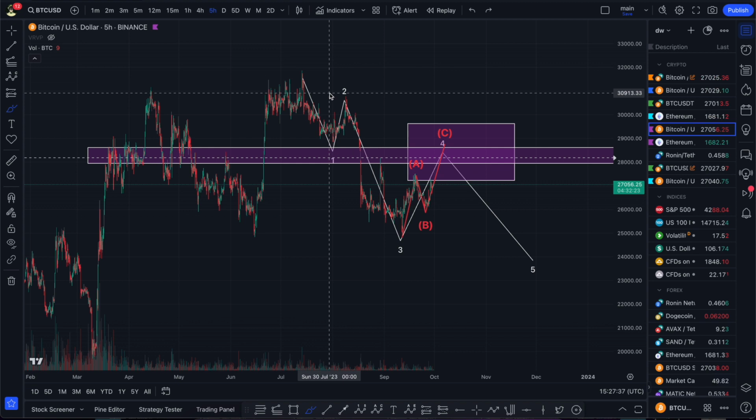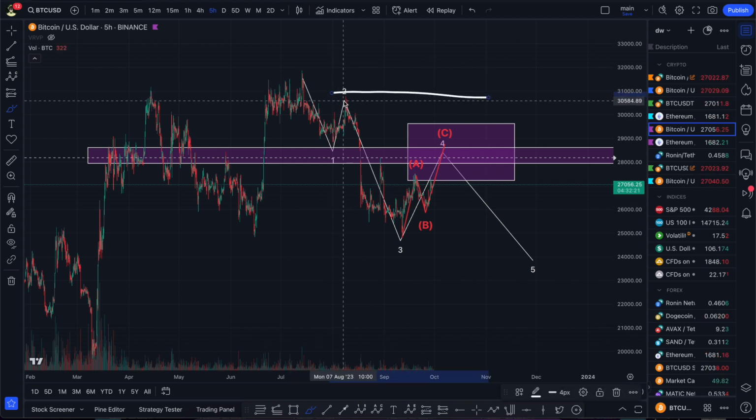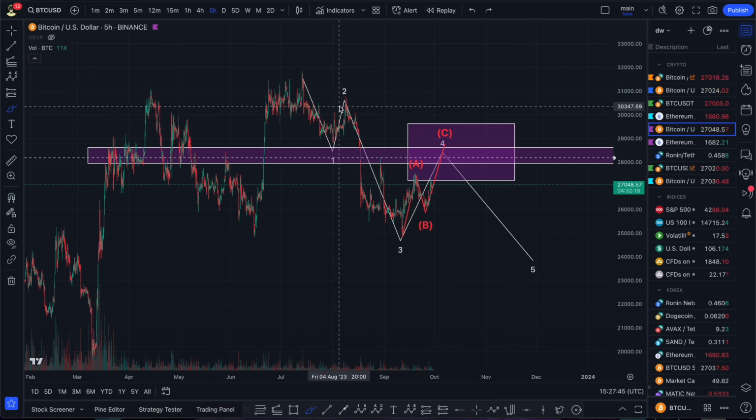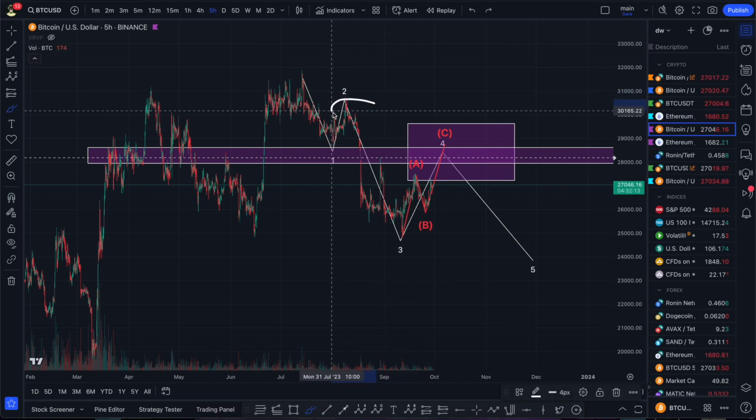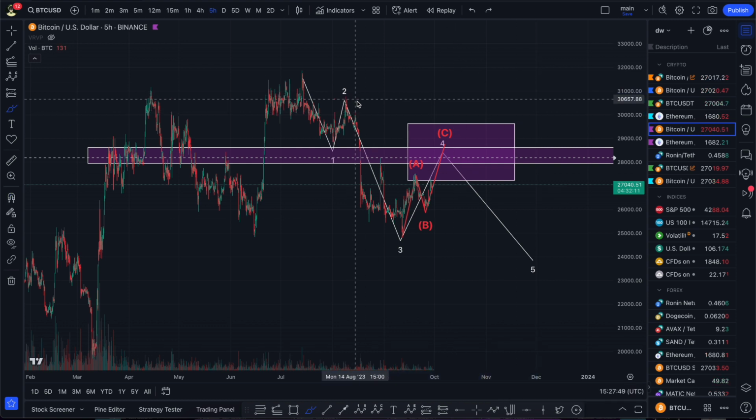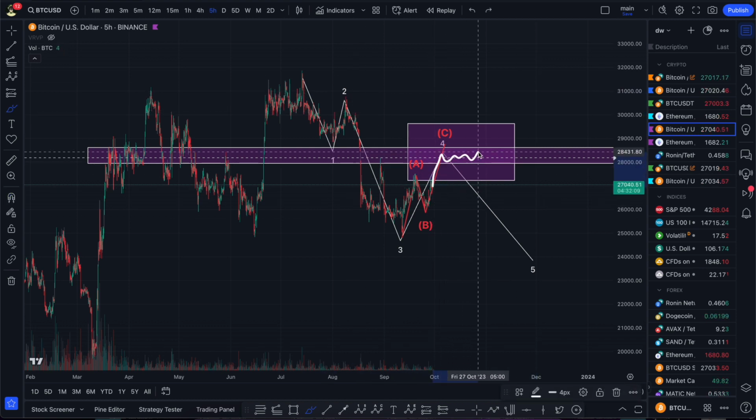Put your stop losses on the previous high, on the beginning of the fractal, beginning of the third wave over here, right? Around $30,000, $31,000. Here would be really good to put your stop losses in the short market, as we will enter this zone. Of course, if we enter this zone, it will be a really good time to short the market, right?